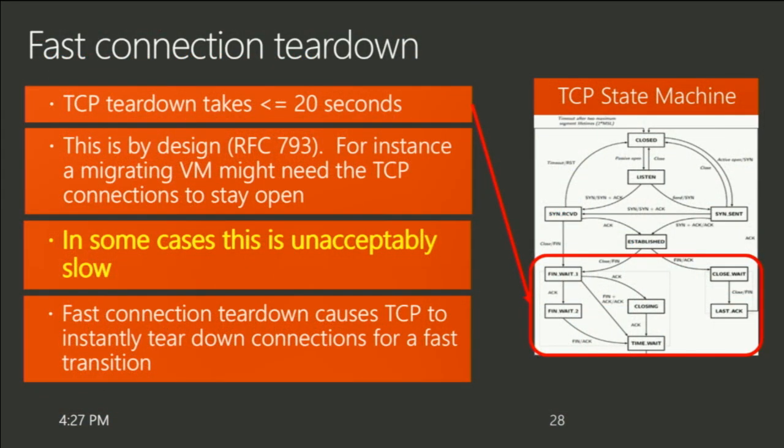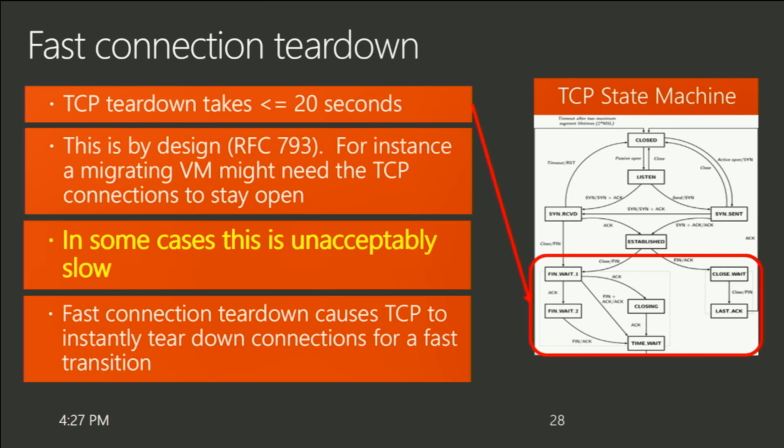So now we're on connection teardown. A TCP connection can take up to 20 seconds to tear down. Now this is by design, and I can't change it because there's a lot of applications out there. They're not necessarily legacy applications, although some of them are. There's new applications that rely on this behavior. They expect that 20 seconds. And if I change that, I'll break them all. Okay, so we're not going to change that because I'm not going to break the internet. I don't like that idea.